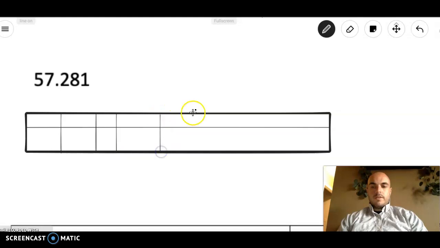Tenths, my hundredths, and my thousandths. And we'll leave this blank for now. Now let's take a quick second and label it. Tens, ones, decimal, tenths, hundredths,